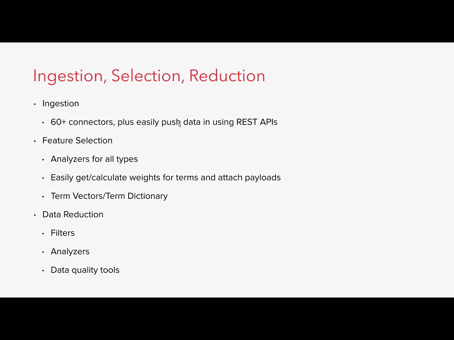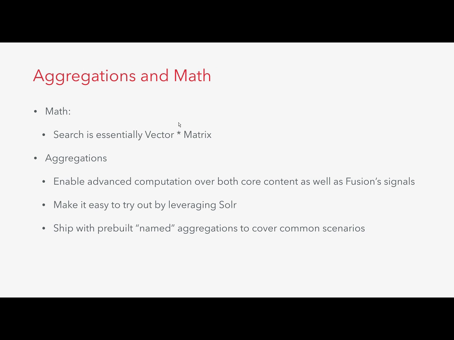So that's the nitty-gritty, I think, of where all of us as application engineers or data scientists spend a lot of our time: how do I make this data usable? The more interesting side then, I think, is how do we get in and actually leverage some of the aggregations and math capability that are built into both Solr and on top of Fusion. One of the things I like to talk about with people who are maybe new to search, especially if they're data scientists or statisticians and haven't understood how core search works,